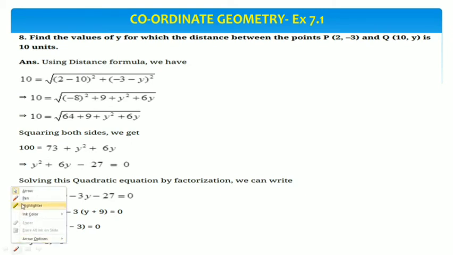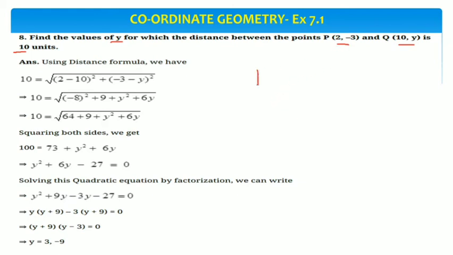Now the question is, find the value of y for which the distance between this point and this point is root 10. Now here it is already given that suppose a point is P here and one point is here Q. Now the distance between P and Q is given, root 10 units, and the coordinates for P and Q are also given. We have to find this unknown value y. Now what we will do? First of all, we will find the length of PQ by the distance formula. So that will be x2 minus x1 whole square plus y2 minus y1 whole square, and taking the square root of that. So that we have done here, you can see here.